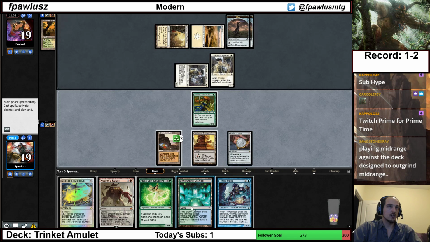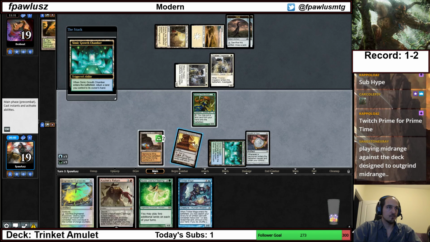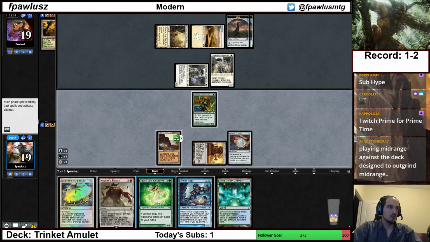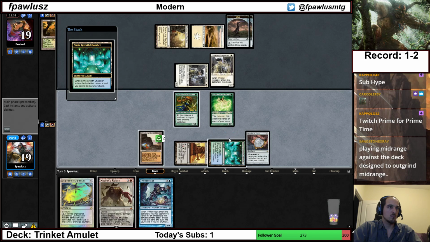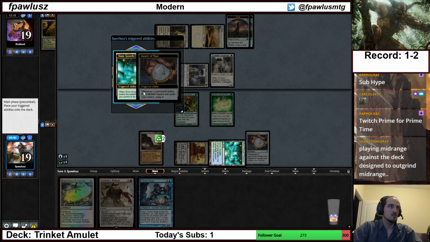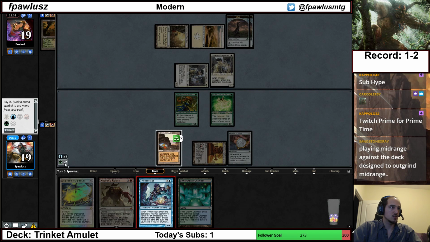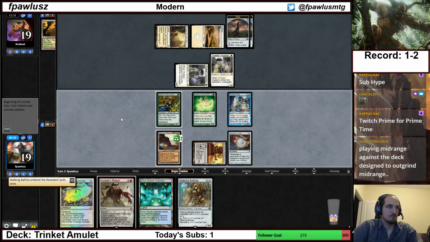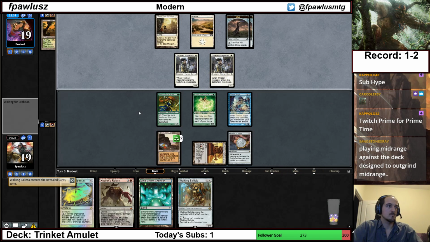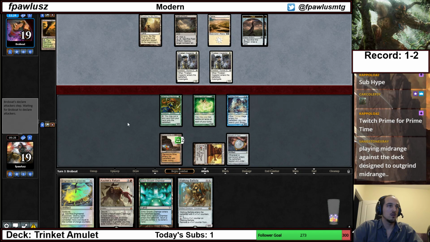Prime time, Trinket Mage. Play a Azusa. Play Trinket Mage. And I'm gonna get a Ballista here. We have instant speed sweepers for their interaction, and now we can basically start